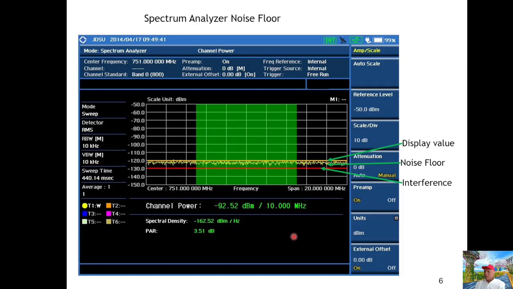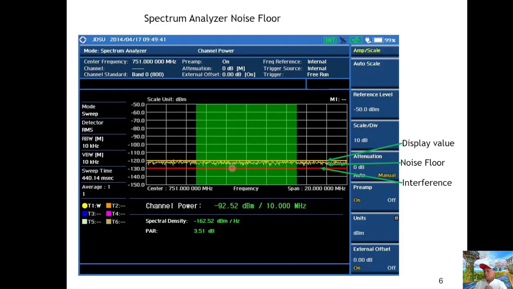Now let's talk about detecting interference below the noise floor. I don't have a real case to show here, I just drew a red line. Suppose this is the interference, and suppose it's lower than the noise floor, around 8 dB lower.